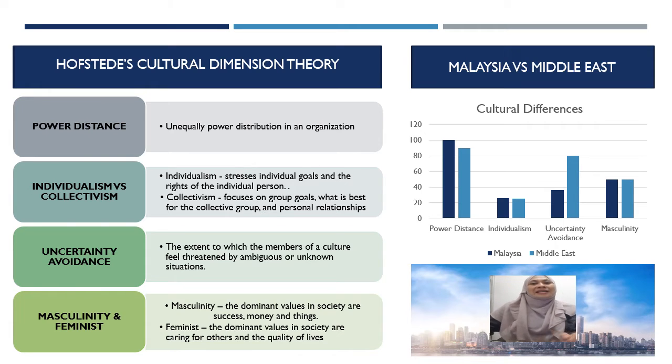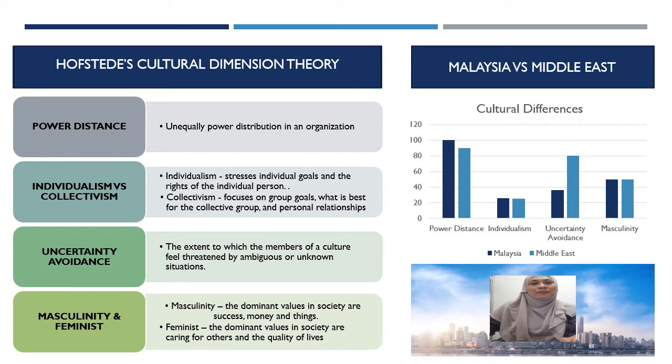Number three, uncertainty avoidance. This dimension describes how well people can cope with anxiety and how cultures differ in the amount of tolerance they have of unpredictability. A high uncertainty avoidance indicates low tolerance for uncertainty, ambiguity, and risk-taking. Examples of countries with high uncertainty avoidance scores include Italy, Korea, Mexico, Belgium, Russia, Germany, Greece, Guatemala, Japan, Portugal,